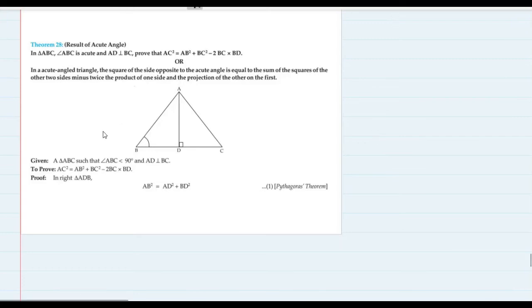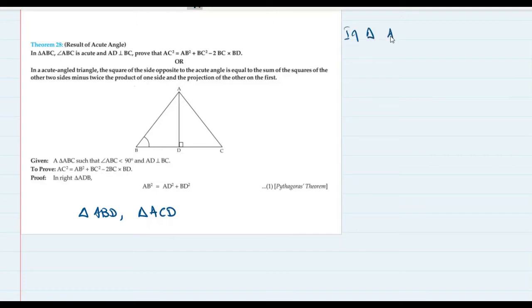Now, before we go ahead, what did I teach you? I taught you that you have to first list all the right angle triangles. You have to prove this, but you cannot simplify this in any way. So you need to first find out how many right angle triangles you see. I see triangle ABD and I see triangle ACD. Any other right angle triangle? No, nothing. So in both the triangles, apply Pythagoras theorem.